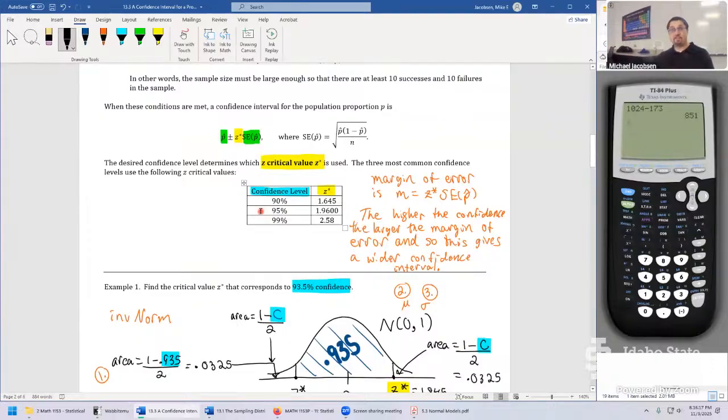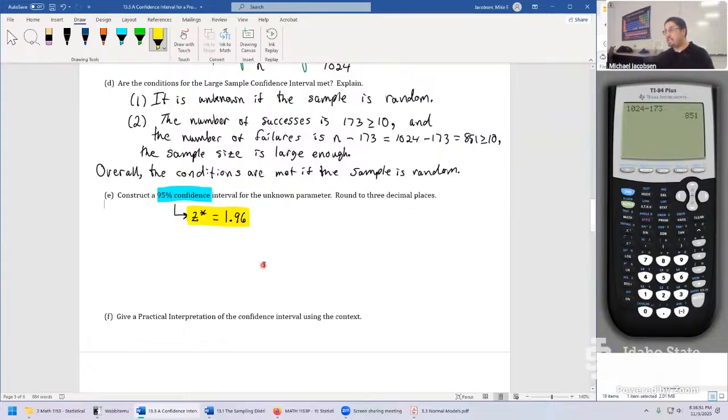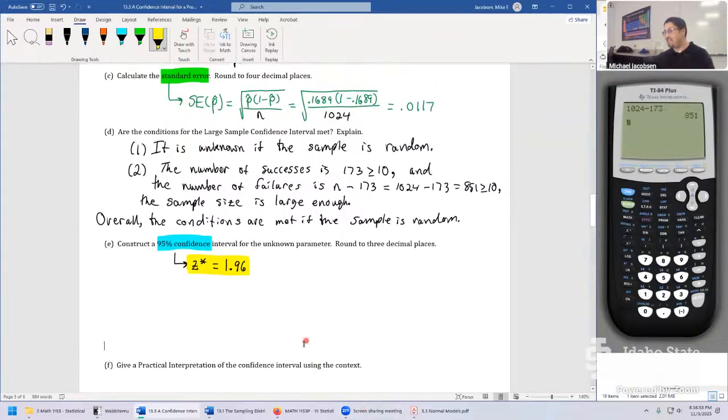But here's one thing you can do for this whole problem. Scroll up to where the confidence level table was given. You don't have to recompute these values unless I gave you a weird confidence. MyLab Statistics may do that in one problem, I would say. More often, you're going to just be using this table right here. And on a quiz or an exam, because these are more common values, I would be using these values here. So we grab the 1.96 and import this value, 1.96. So the confidence level just immediately gives us the critical number Z star, which is kind of nice.